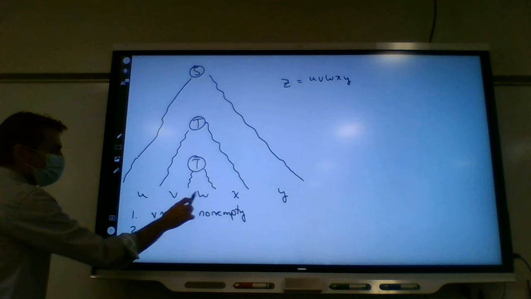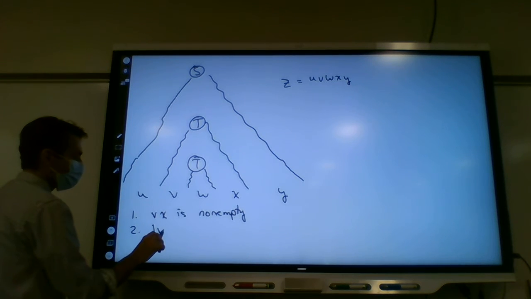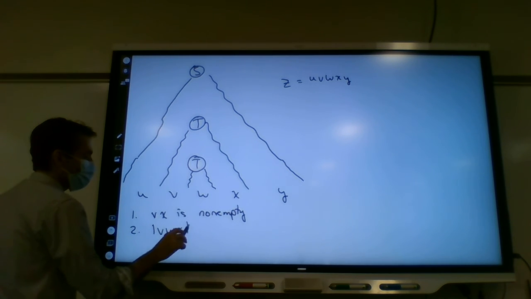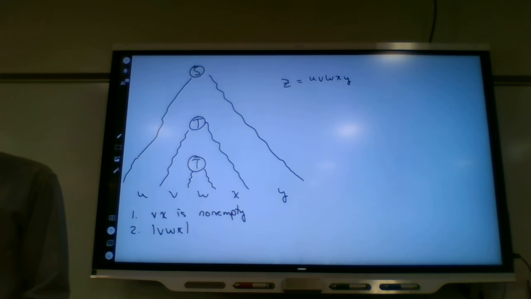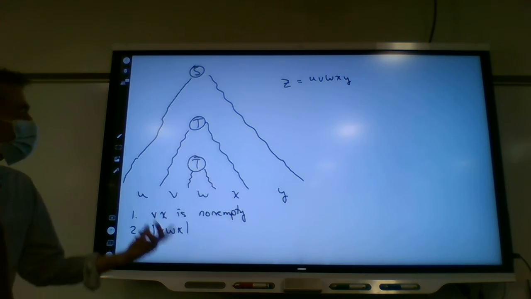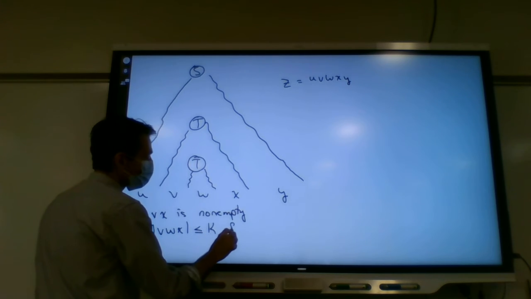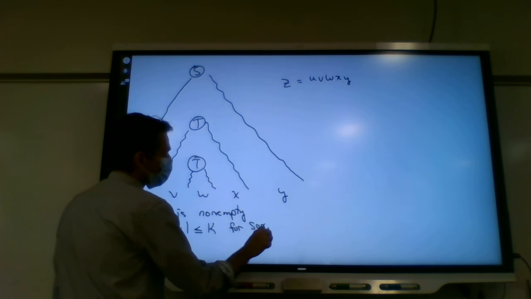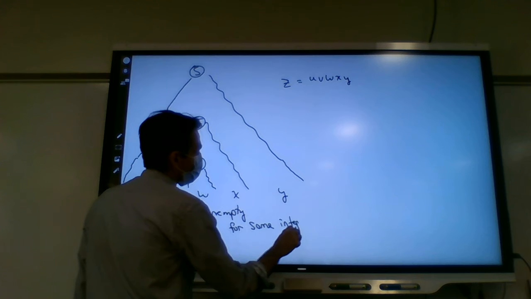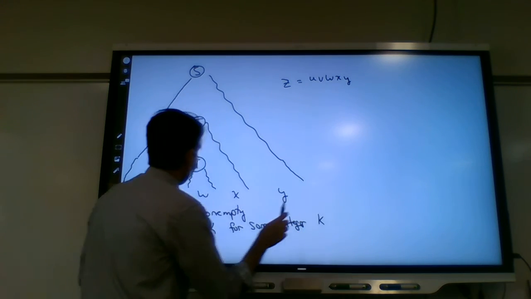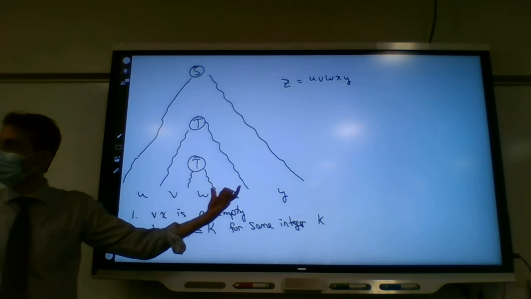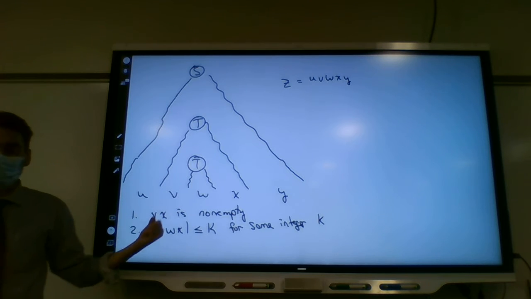The vwx part, the length of it, is less than or equal to some particular number k. So this part's not too long because we eventually terminate.